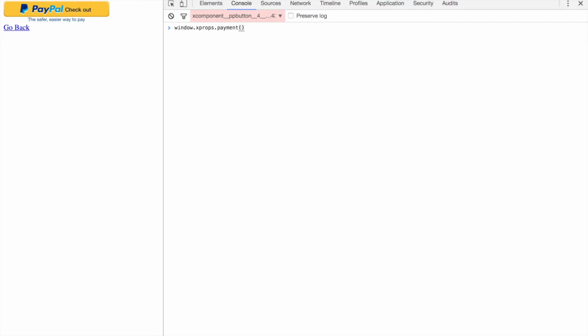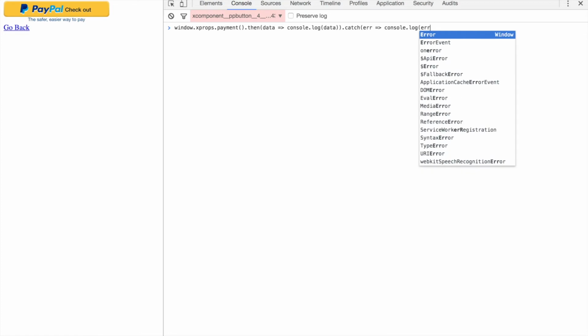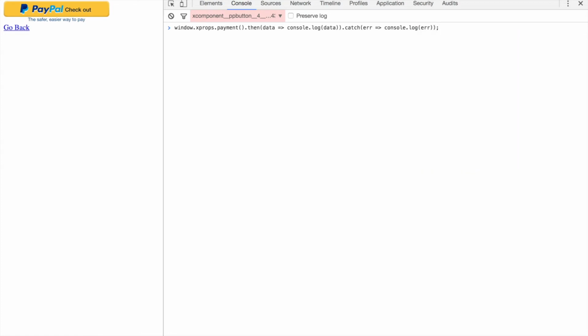More than likely, this is going to return a promise because we saw that it was returning from the PayPal library. So I'm going to then it, get the data, and console.log it. I'm also going to do a catch just in case there's an error, and I'm just going to log if it hits an error. Now if I hit enter and execute this, it should force the iframe to execute window.xprops.payment,